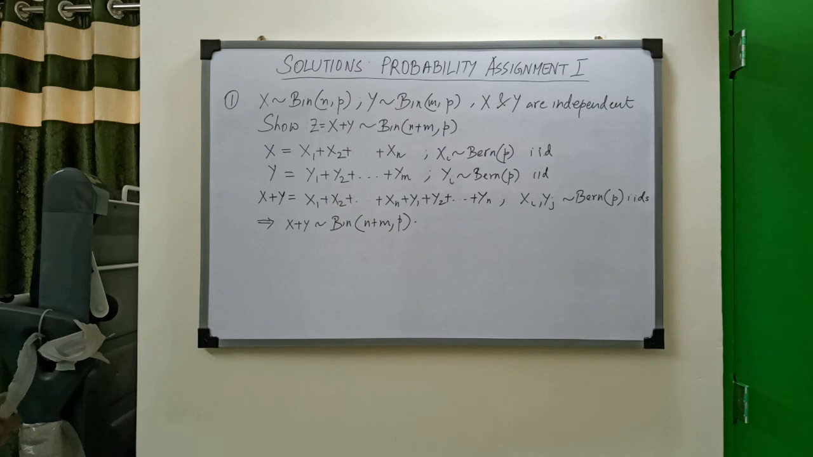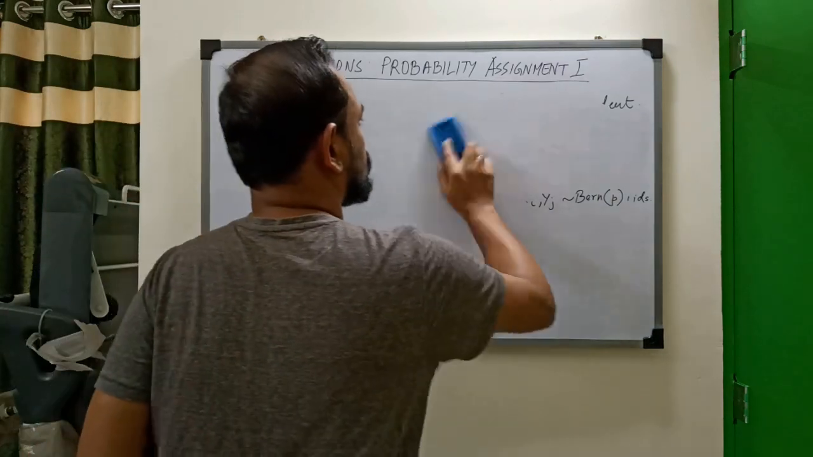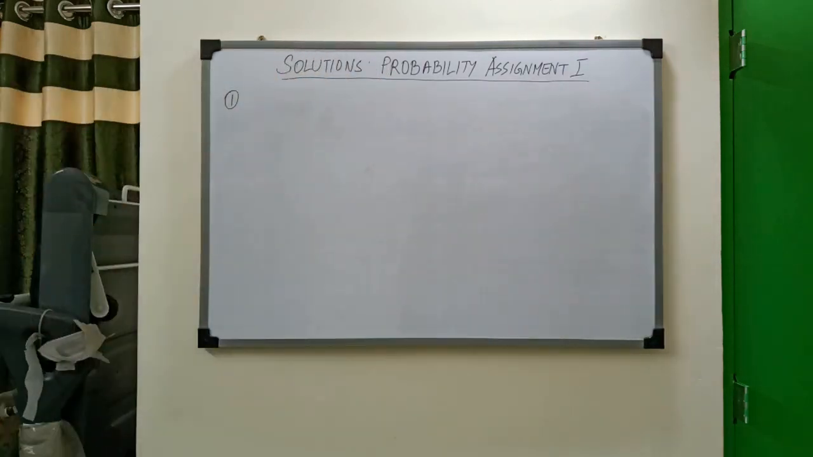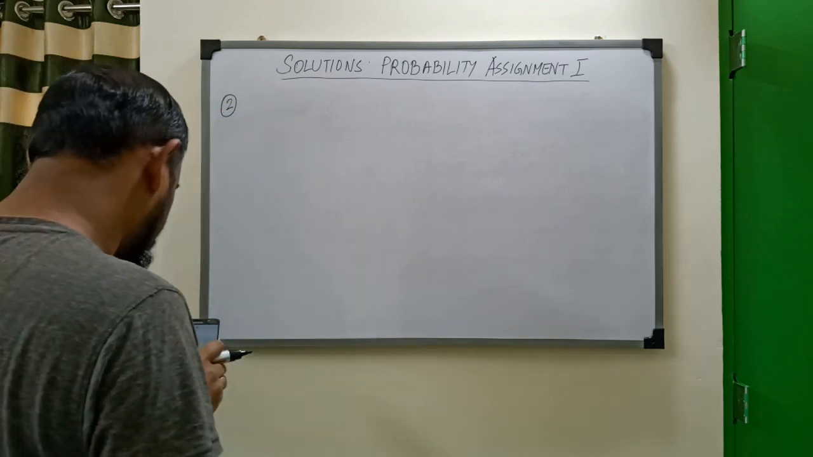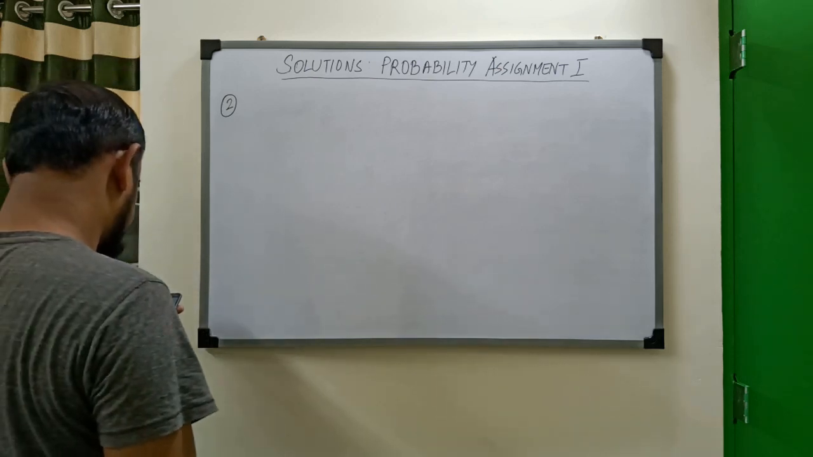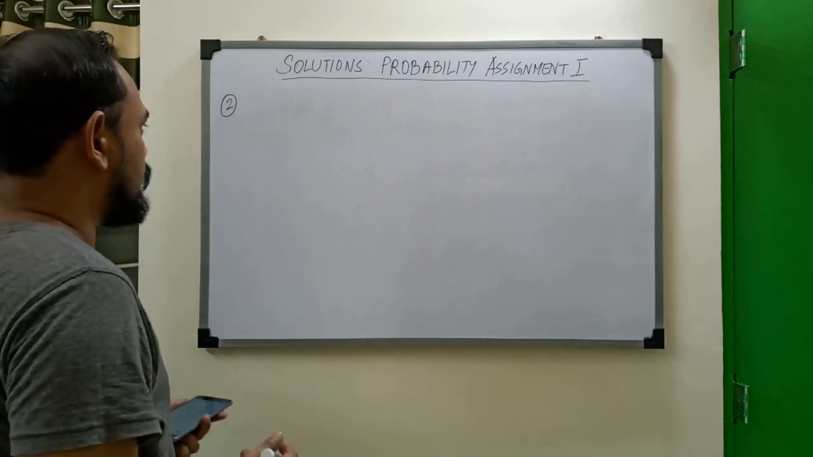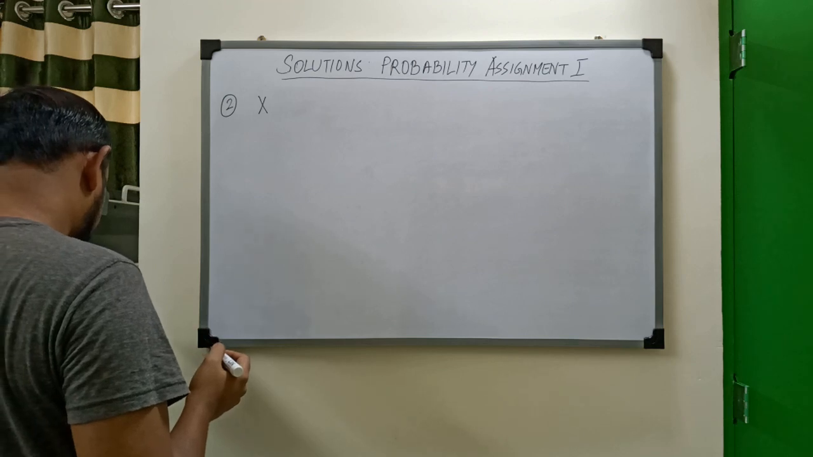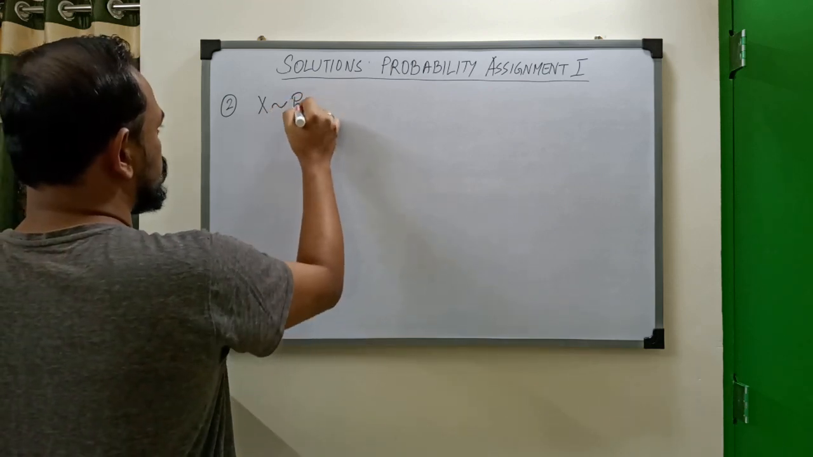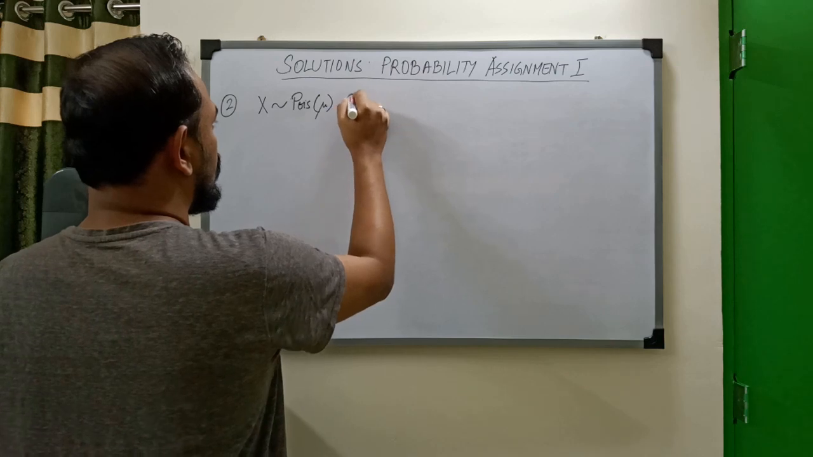The second problem says, so here it is. I'll rub this one out. Problem number 2. This one says that you have a discrete random variable. First of all, we have defined what is called a Poisson distribution, or a random variable following Poisson distribution. So we said that a random variable x would be said to follow a Poisson distribution. It's a new kind of distribution. It's a discrete distribution, if the spectrum of x is